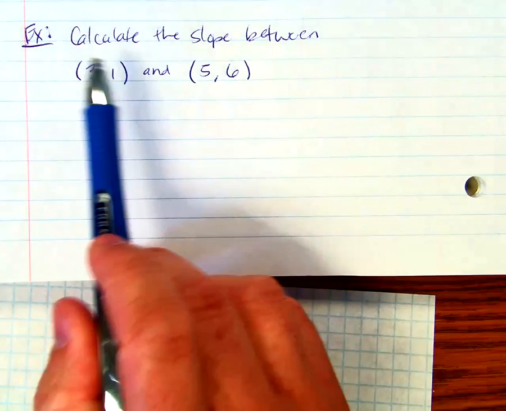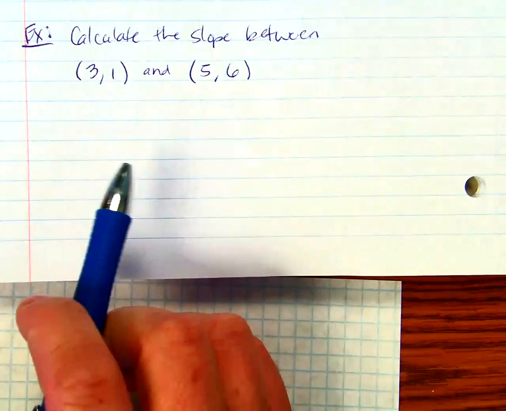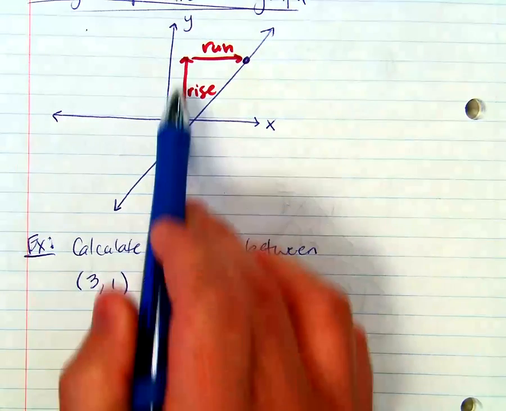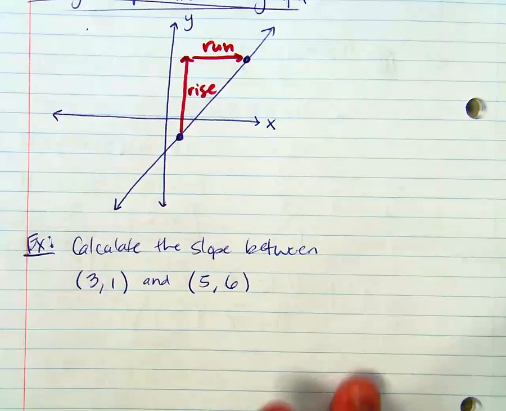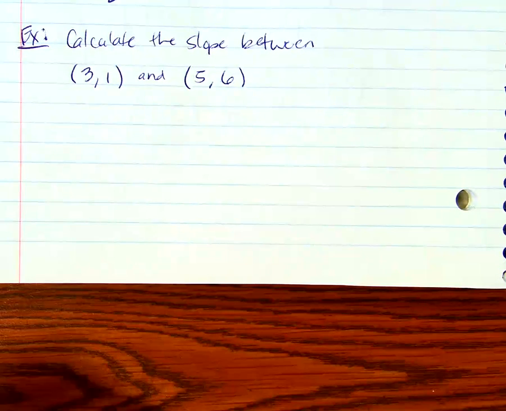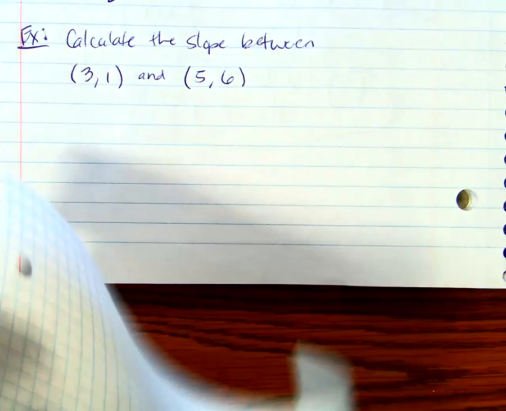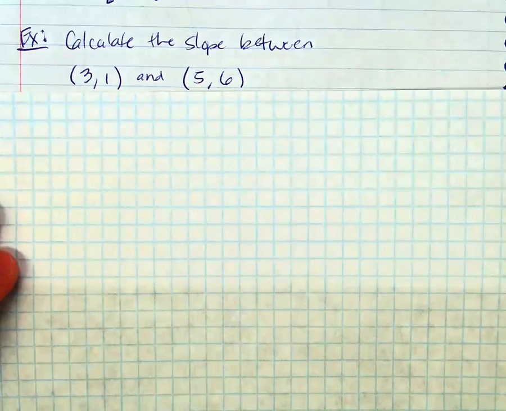So if we're going to be calculating this, and we've got 2 points, the first thing we said is rise over run. So we can graph them and we can count how far up, how far over. So that'll be the first thing we do. So for this, and you don't need to write this down, you don't need graph paper for it, please just follow along. If I wanted to graph these 2 points,